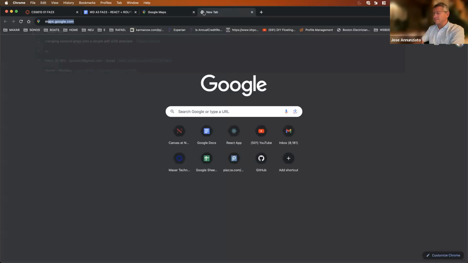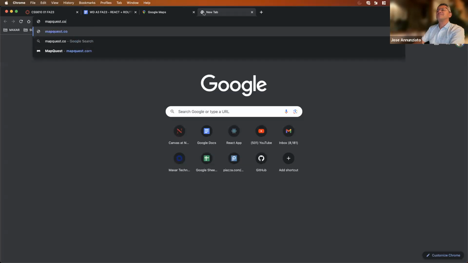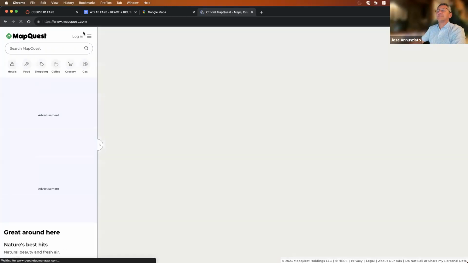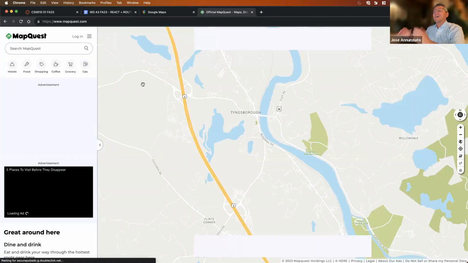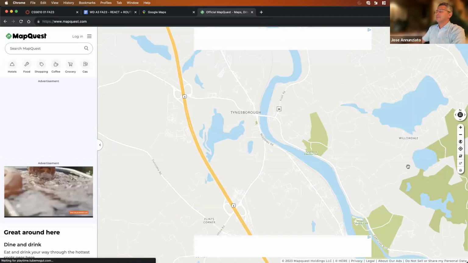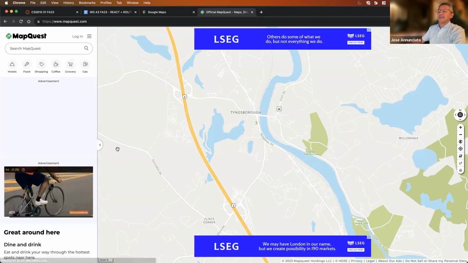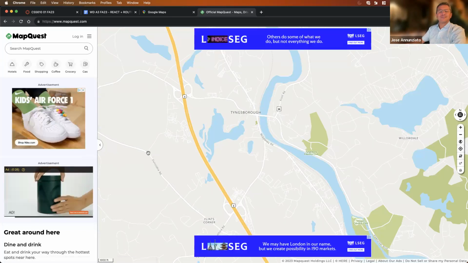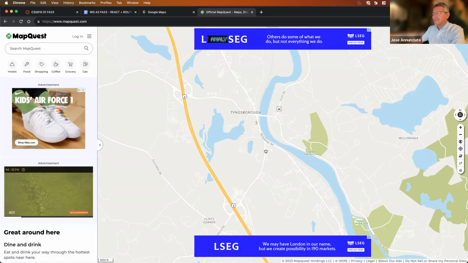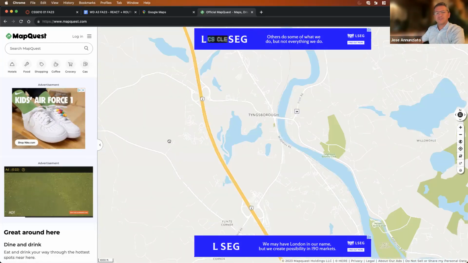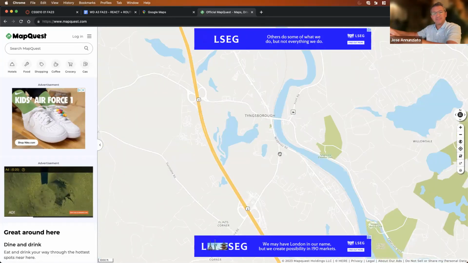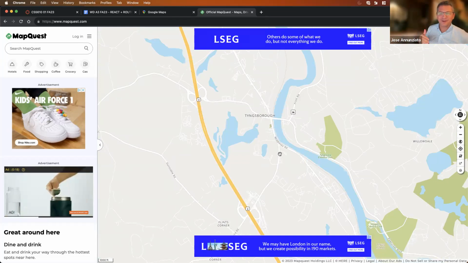It used to be that MapQuest was not a single page application. It used to be that you had buttons above and below and on the right and the left, and as you clicked, you didn't have this nice smooth dragging. Now it's a single page application, but way back when, 20 years ago, or however many years ago, they had